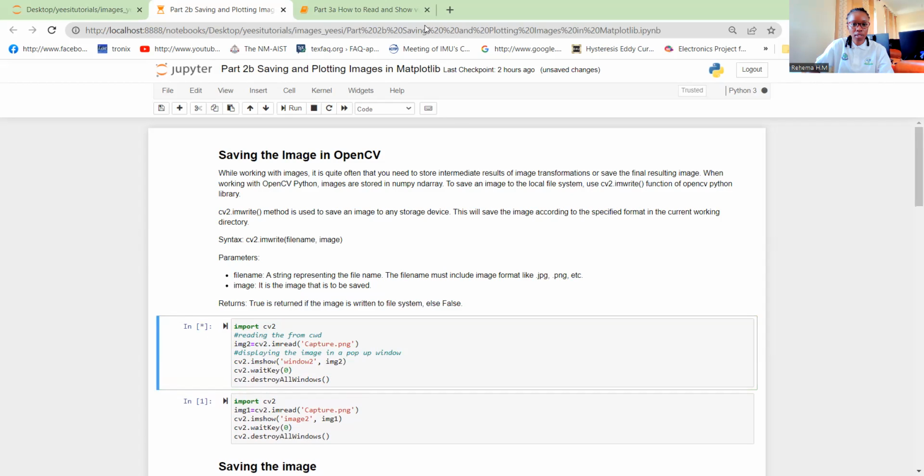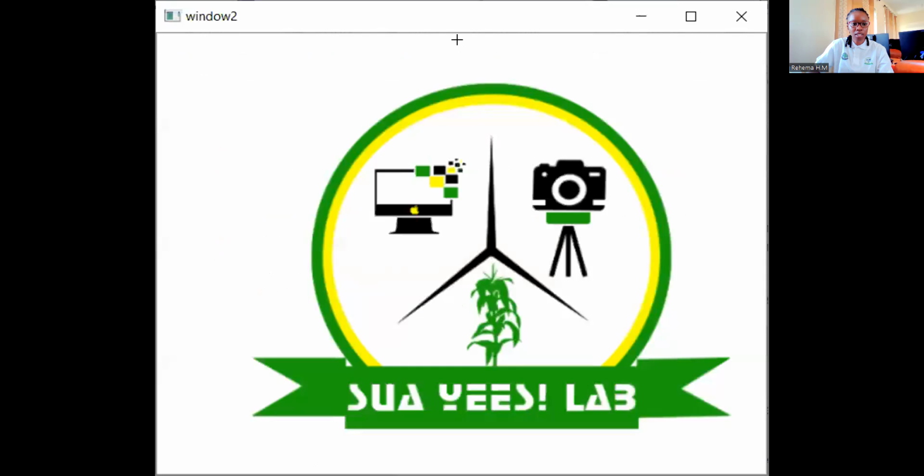Let me also share this screen, so I can share window 2. So you can see that this window is also being shown here. This is the window where we have read the image, which is called capture.png. Then we have displayed it in a pop-up window, which we called window 2, the name of this window. So this is window 2, and what we're displaying here is this image that we have read. So this is how you can read an image and display it in a window using the imshow method